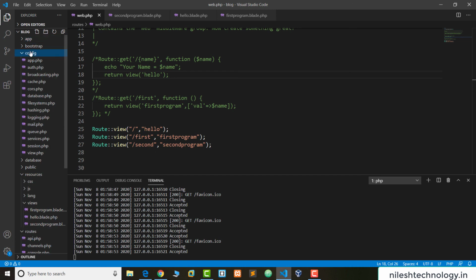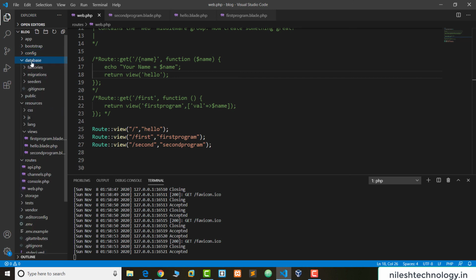The second one is config. It holds the application configuration files. These are usually not modified directly, but instead rely on the values set up in the .env file at the root of the application. Then the database directory houses the database files including the migrations, seeds and factories. And the last one is public, the publicly accessible folder holding some compiled assets and of course the index.php file. So these are the four important directories. This is the answer to the previous video's question.